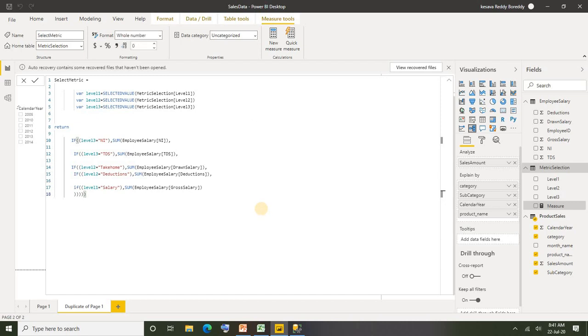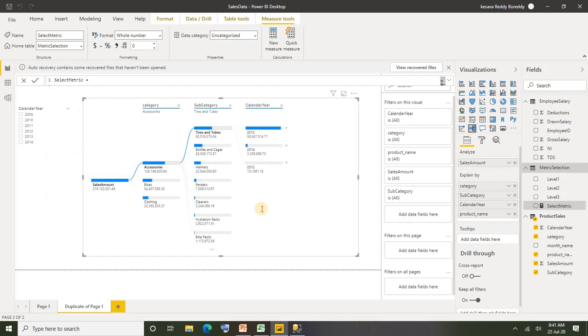It's very simple. We just created a few variables. And how many variables did we create? We created only 3 because we have only 3 levels. If you have 10 levels, of course you need to add 10 levels under this table, and 10 variables you need to create, and the conditions also we need to create for all these levels.